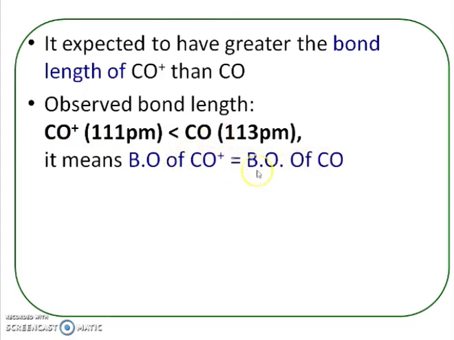It must be 3 only and not less than 3. A decrease in bond order indicates a decrease in bond strength, but the bond strength of CO plus is more because its bond length is less. So this is the fact, and